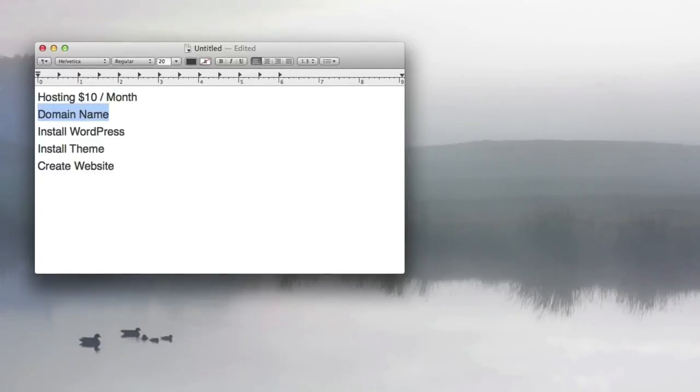The next thing that we're going to do is we're going to get your domain name. A domain name is like www.yourwebsite.com. Facebook's domain name is www.facebook.com, and Google's domain name is www.google.com. Domain names cost about $13